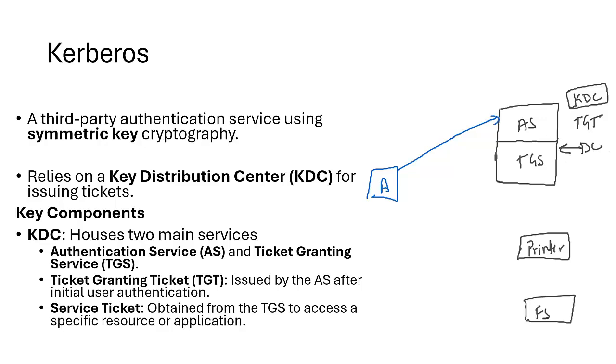Actually, if you see the logic, these two are called a KDC. KDC is a server under which we have two main services, one called AS and the other TGS. So A requests to join the domain. AS basically asks for the username and password. A provides the username and password. Against that AS, okay, so first, second, third, fourth step,